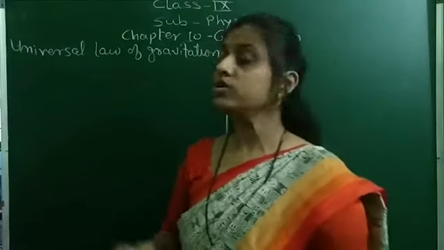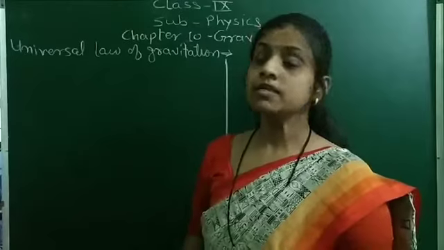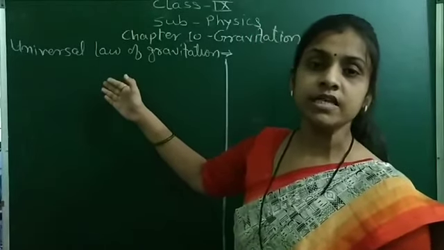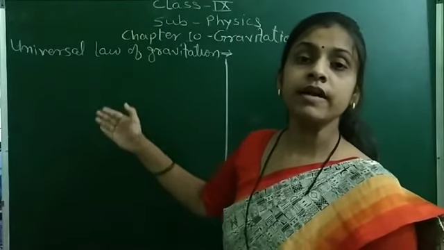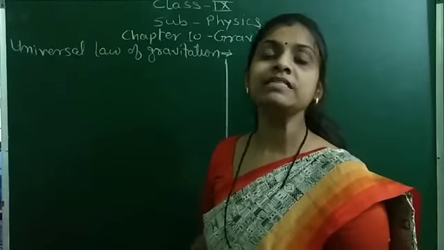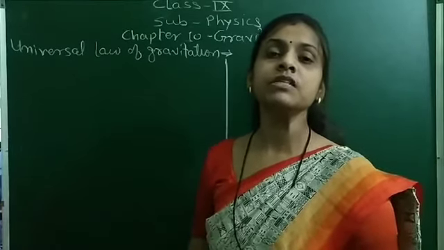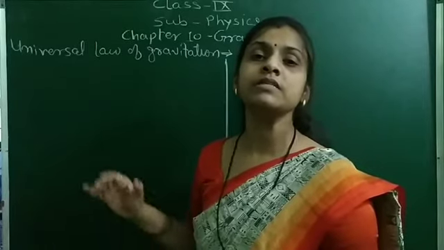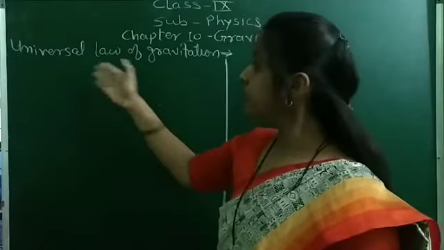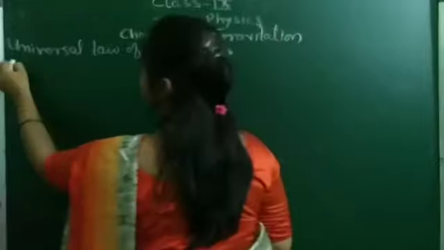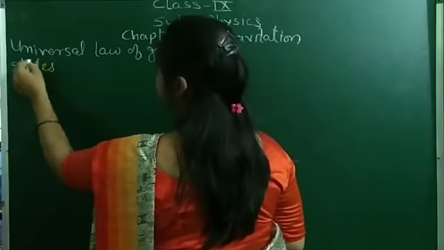And now what is the universal law of gravitation? The universal law of gravitation states that the force of attraction between two objects is directly proportional to the product of their masses and inversely proportional to the square of the distance between them. How does it state it? The universal law of gravitation states that